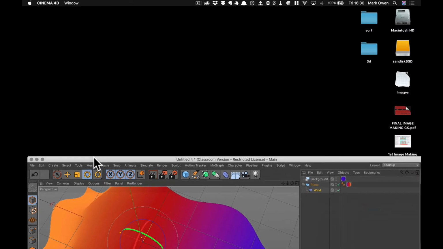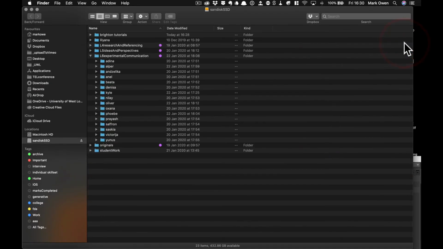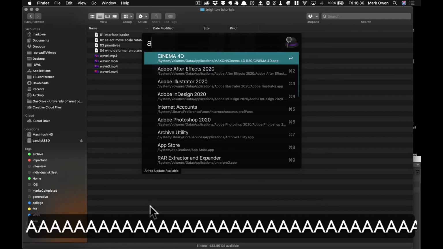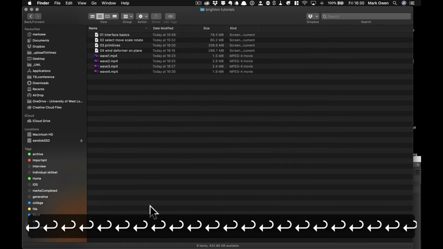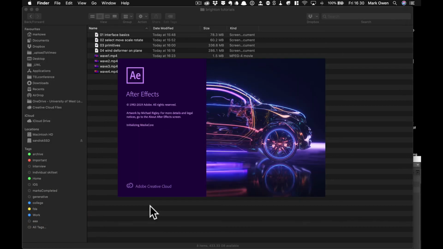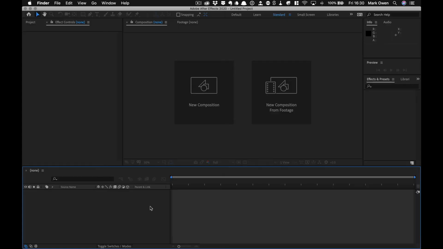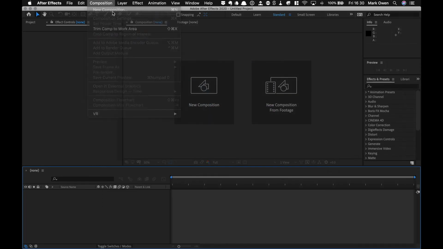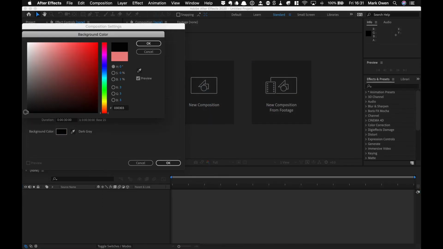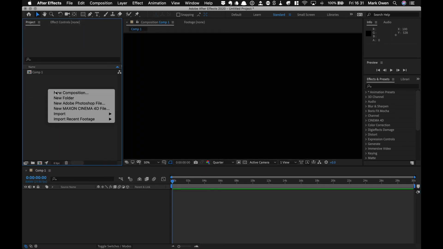And then what we can do is we can just open these up, and you can see they are, where are they? They're in Brighton. There are wave 1, wave 2, wave 3, wave 4. I'm just very quickly going to dump them into a single composition in After Effects. Okay, so here's me working super fast in After Effects on my super powered laptop. I'm just assembling the 4 into a single full HD composition,